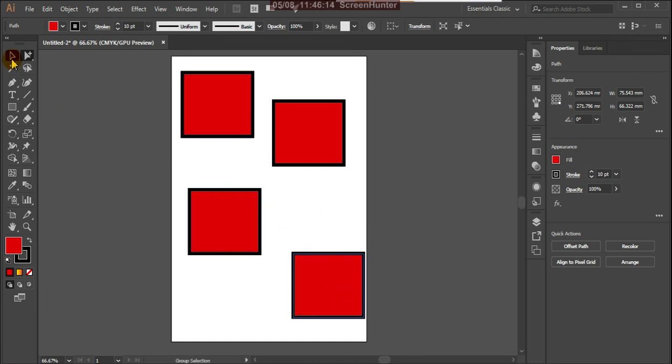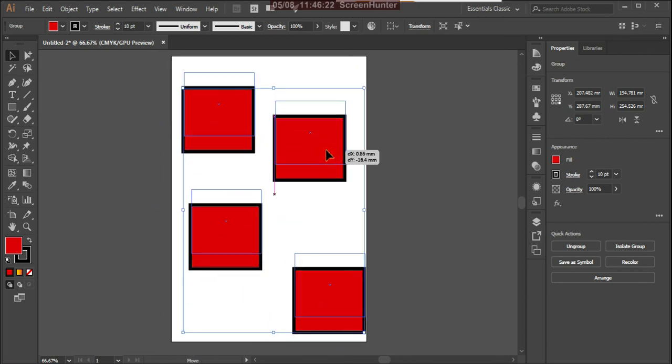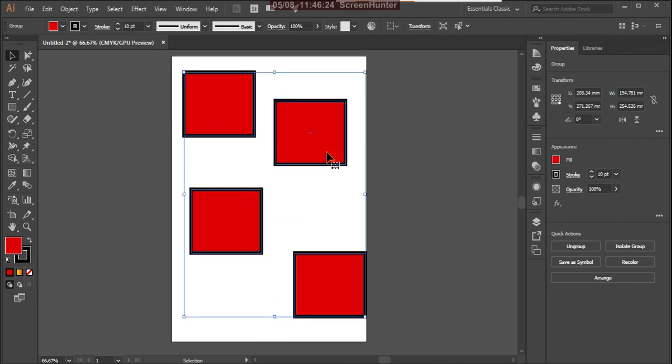Suppose you click on the Selection tool and click on one of them. See, still they are in a group. So this is helpful. Sometimes your objects are grouped, a complex shape you made for one particular purpose, with many layers and multiple options you used.